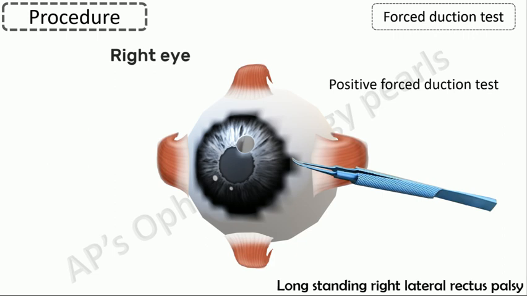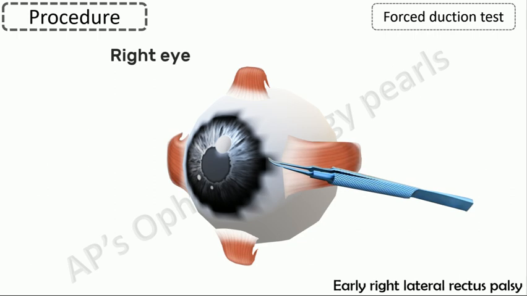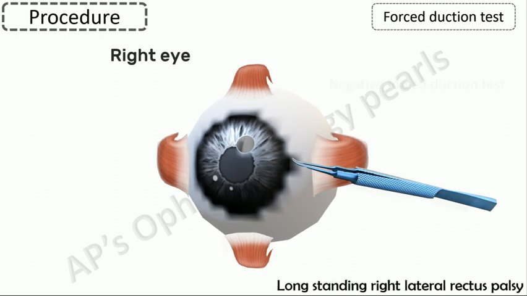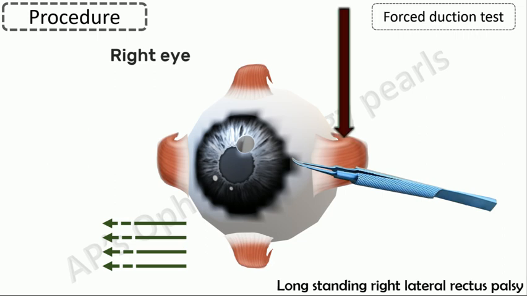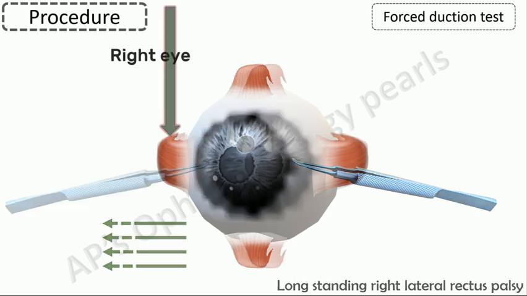This is in contrast to what would have been the situation in the early stages of the lateral rectus palsy prior to medial rectus contracture, where full abduction would have been possible. This is called a negative force duction test. The resistance is felt when the eye is moved in the direction opposite to that in which the mechanical restriction is present. However, sometimes when there is a retro-equatorial adhesion, a reverse leash effect can be seen when there is a restrictive element on the same side as the limitation of movement.